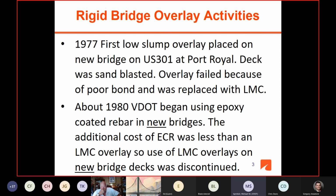And then in 1977, again, to see if there were alternatives to latex that might be better, we did the first low slump overlay. And this was a new bridge on US 301 at Port Royal, Virginia. The deck was sandblasted. And the overlay failed almost immediately because of poor bond, and the decision was made to replace it with latex modified concrete. And as far as I know, that latex overlay is still there,